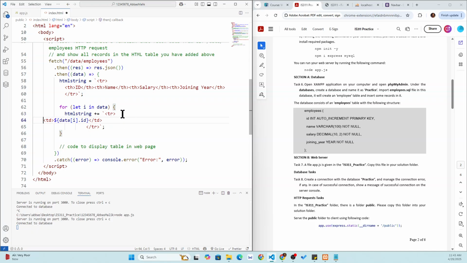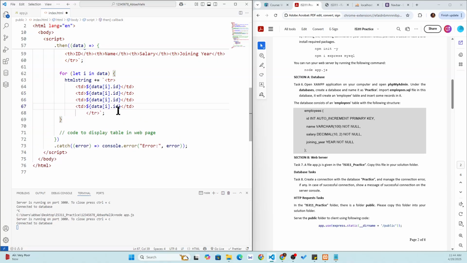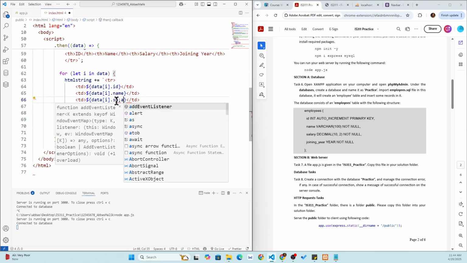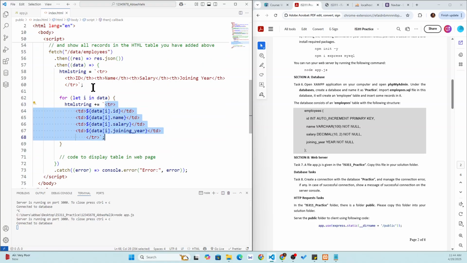So we are saying this thing. First is the ID. So I say ID, and then I need to copy this ID because we have 4. So instead of the ID, next time I am reading the name. Here I am reading the salary, and here I am reading the joining underscore year. Okay, so we are reading all those informations out of that record